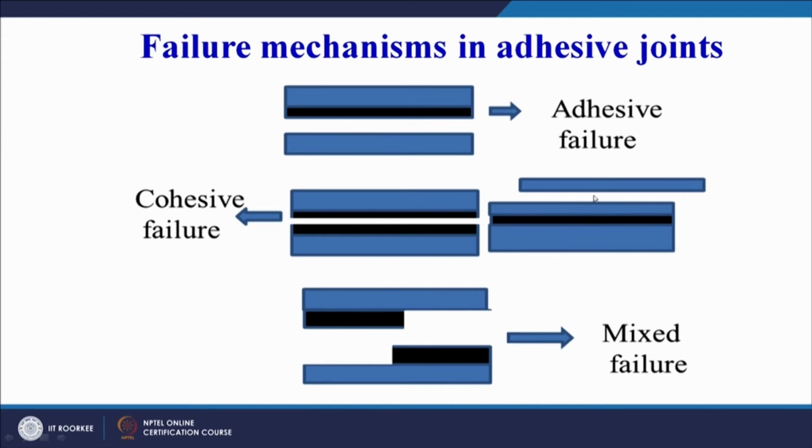So adherent failure means that the layers have delaminated, the joint is intact, but the adherent has failed on the application of load. Or the adhesive has failed. So we can see the adhesive failure or the adherent failure, we can call it the cohesive failure. Then we can have a mixed type of failure in which the adherent can fail, the adhesive can fail, the adherent and the adhesive both have failed, plus there is a debonding between the adhesive and the adherent. So different modes of failure come into the picture, and therefore we call it a mixed failure.